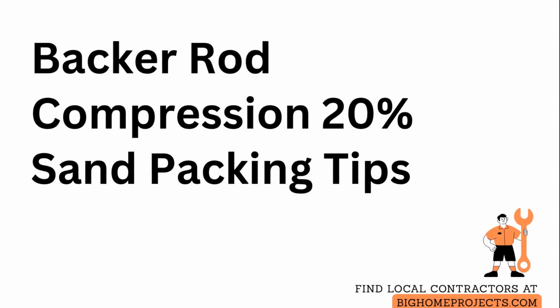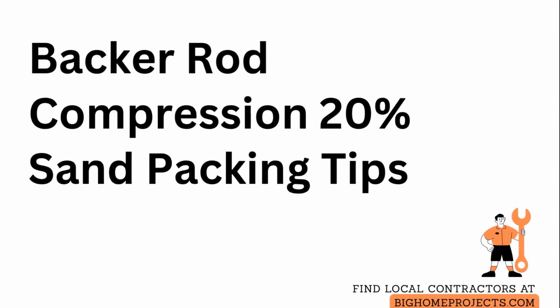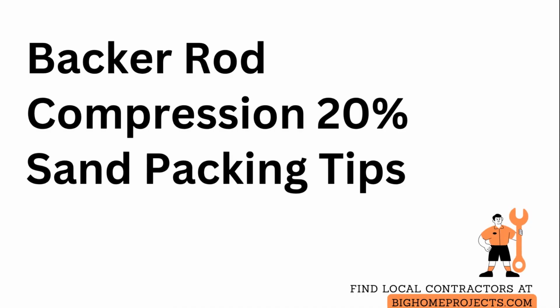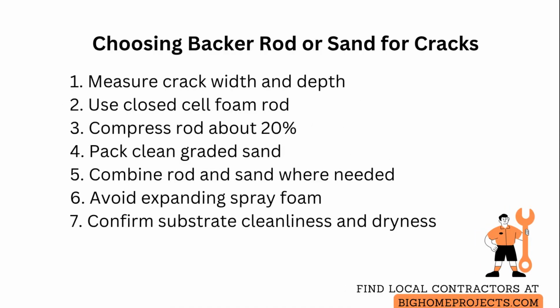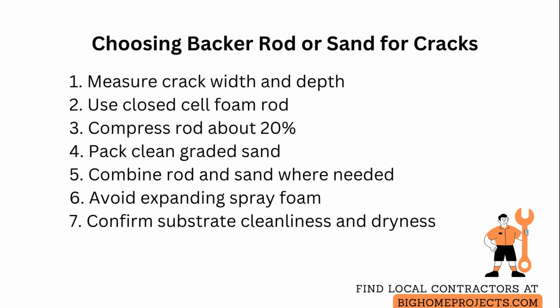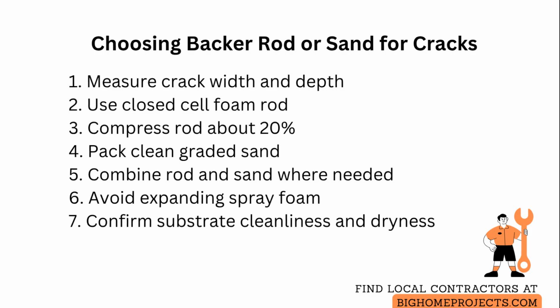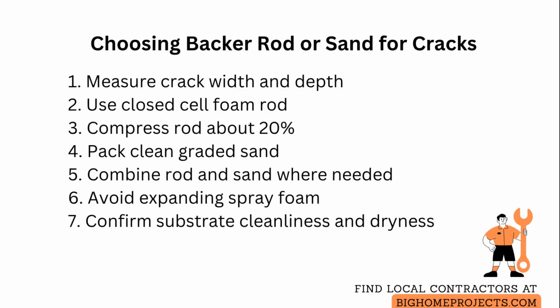Use backer rod when the gap is wide enough to accept it, and sand when the crack is too narrow, matching backing material to joint geometry and expected movement. Choose the backing by measuring the crack width and depth, and then selecting a material that supports the sealant without causing three-sided adhesion. For gaps that can comfortably accept a cylindrical foam backer rod, pick a closed-cell polyethylene rod sized,